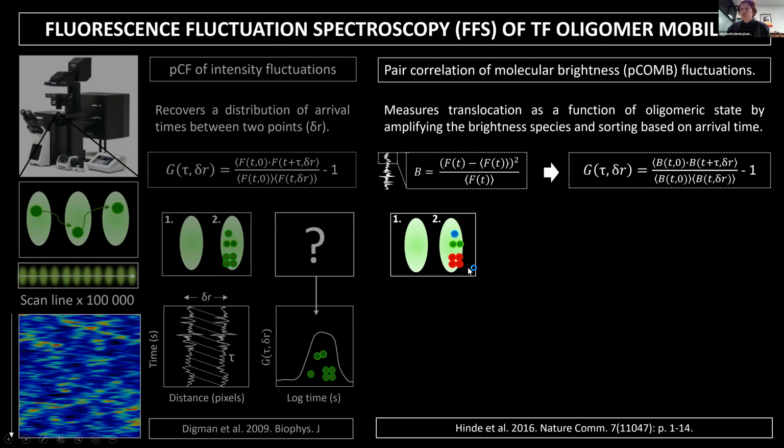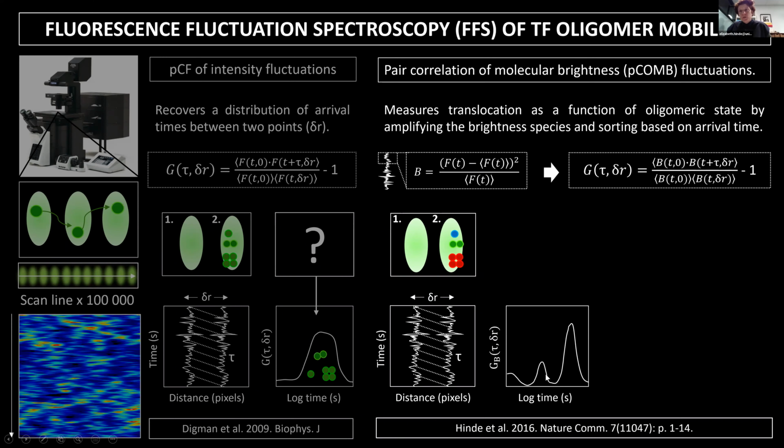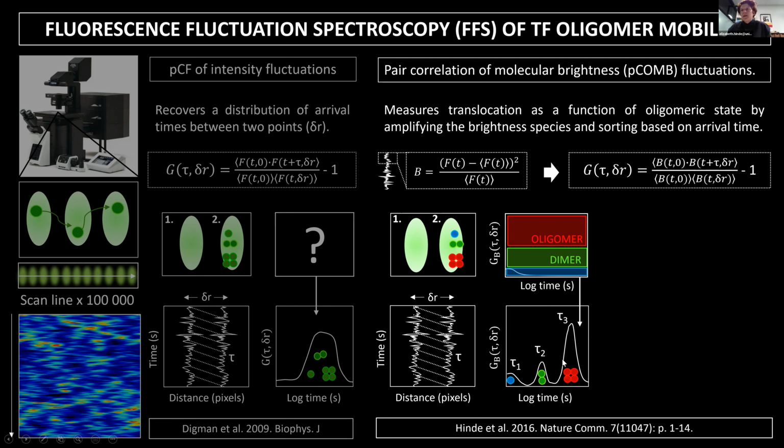And now, rather than just counting how many molecules arrive at the second location, we start to filter them based on their brightness and look at how their oligomeric state modulates their arrival time. And so the idea is based on the amplitude of the arrival time. If you use a calibration similar to what we did for the brightness analysis for free GFP, we can then assign which species is arriving based on the amplitude of the correlation,